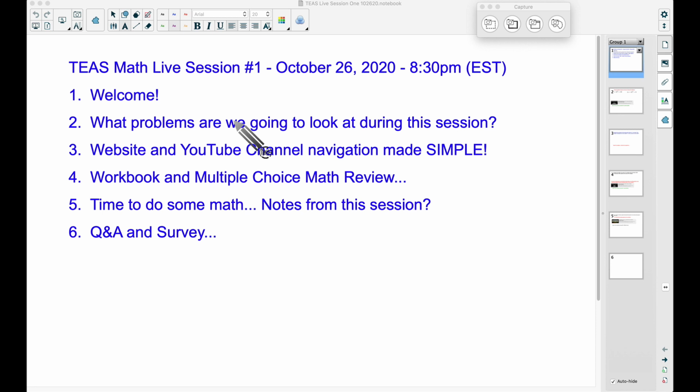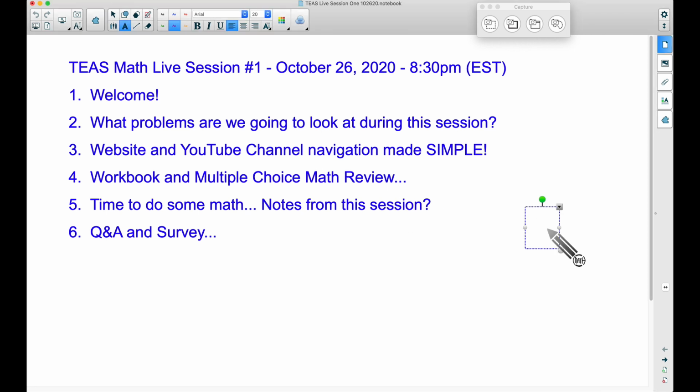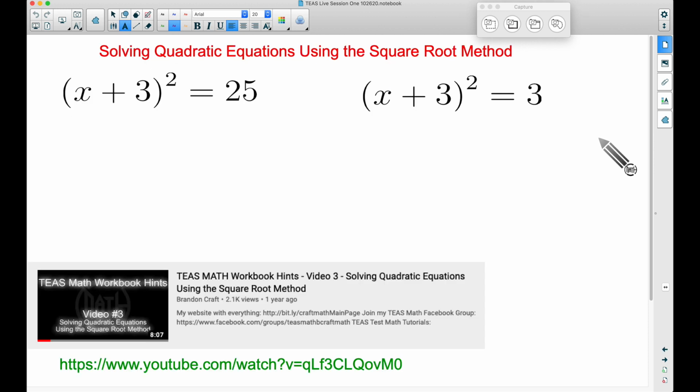I'm going to give a few more minutes for folks to come in, and then we will be looking at some problems right here shortly. The ones that I have set up tonight, let me go ahead and show those to you. We are going to do, and this is based off of feedback from you all, solving some quadratic equations using the square root method. And here we have two examples, and then also I'm going to share this entire file with you all at the end of the session, and you can actually go find some other videos. For example, that guy right there will take you to solving quadratic equations using this square root method. But this was one question I did see in the group.